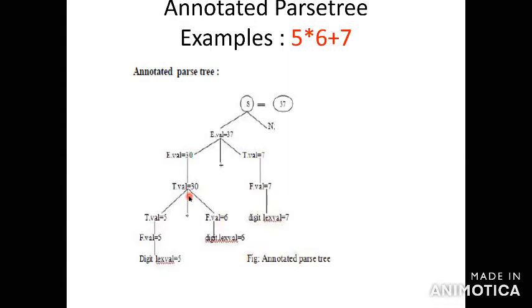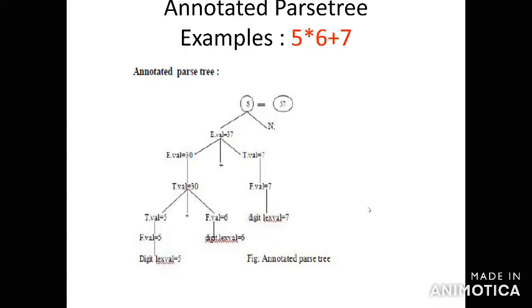E tends to E plus T or T, T tends to T star F or F, F tends to bracket of E, or ID, or digit. The same productions will be explained for the annotated parse tree construction. So similarly, you have to do it for the given productions. All this diagram indicates the annotated parse tree construction. According to the grammar, you have to specify the attributes of each node; the value of the given string is called the annotated parse tree construction.